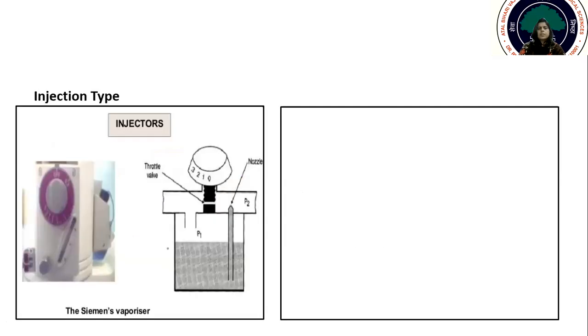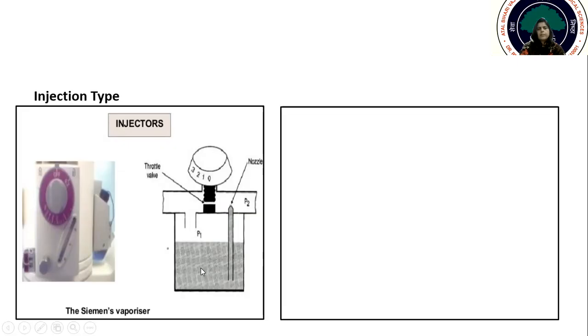Now coming to the injection type. What is the injection type? You can see this is a control dial, this is a throttle valve, this is the bypass chamber, and this is the vaporizing chamber. Fresh gas flow enters, and if you turn the dial to maximum or increase the dial setting, the pressure here will increase at the throttle valve. So the pressure exerted by the throttle valve on the fresh gas flow will be exerted inside the